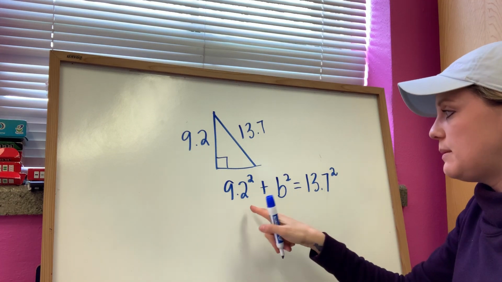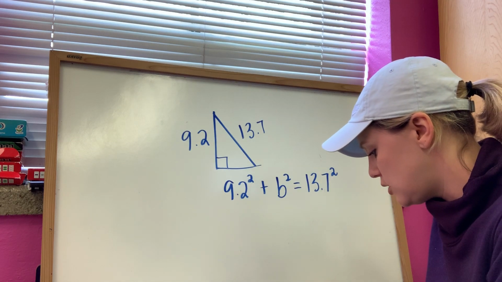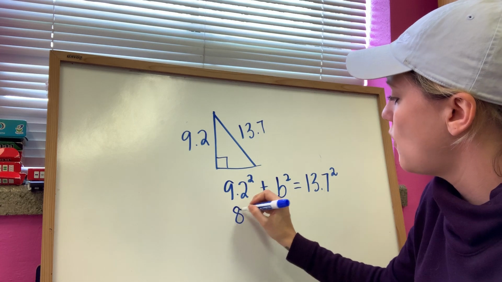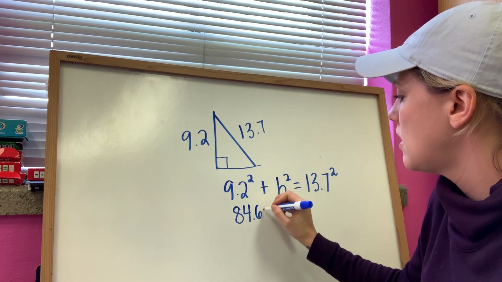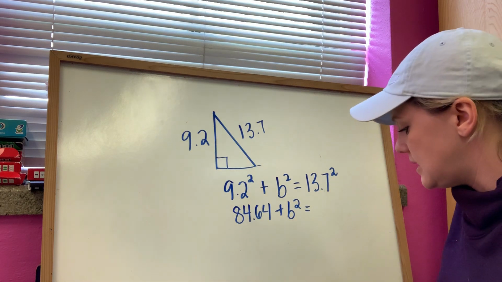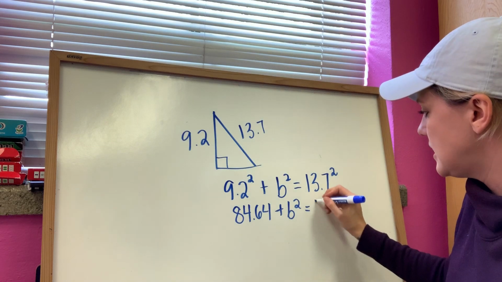Okay, the next thing I'm going to do is square these. So I'm going to go 9.2 squared, and that's 84.64 plus b squared is equal to 13.7 squared, and that's